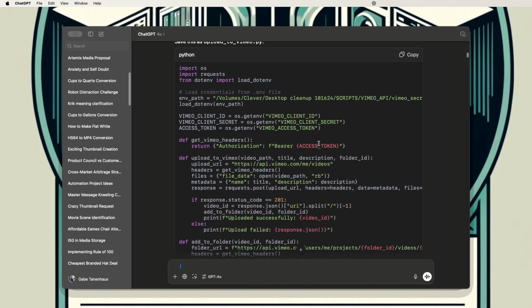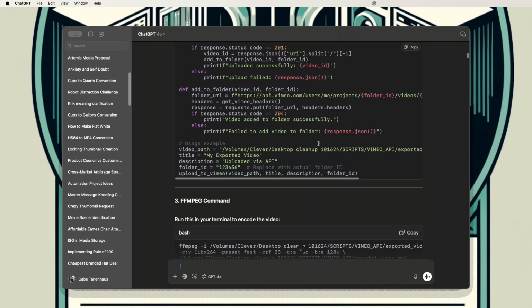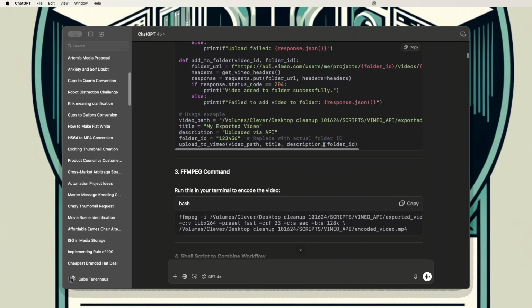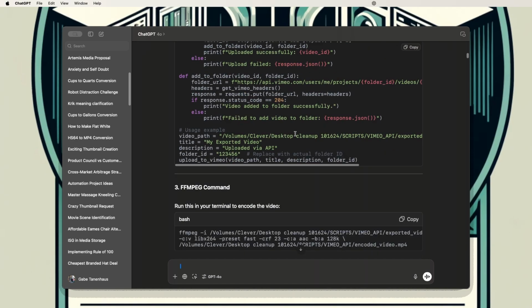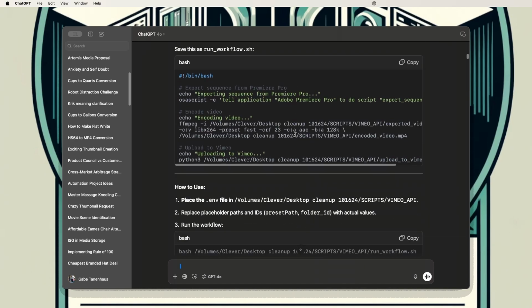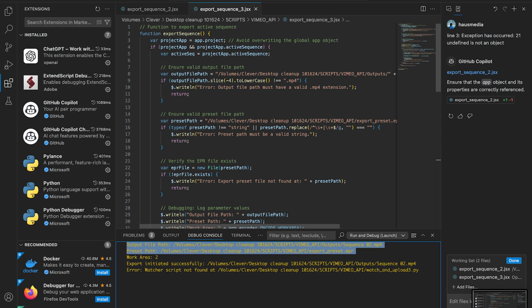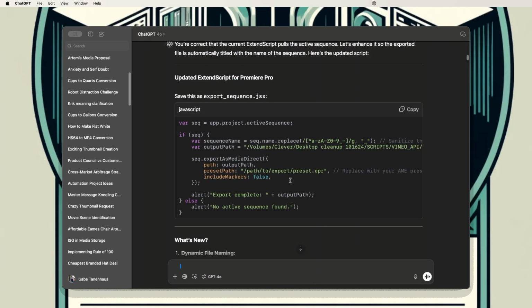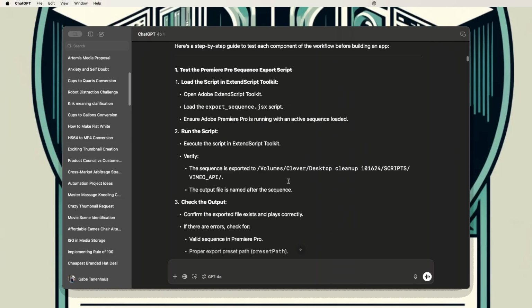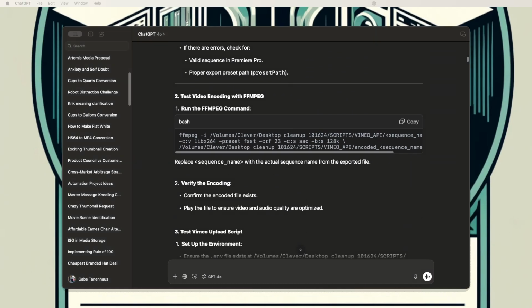This is a Python script that would upload the video to Vimeo once it was generated. And what I ended up doing was using a program called Visual Studio that could still do coding that would impact Premiere. So that was pretty helpful. And then I took those two scripts and tied them together with the help of a third script that GPT called a watcher.